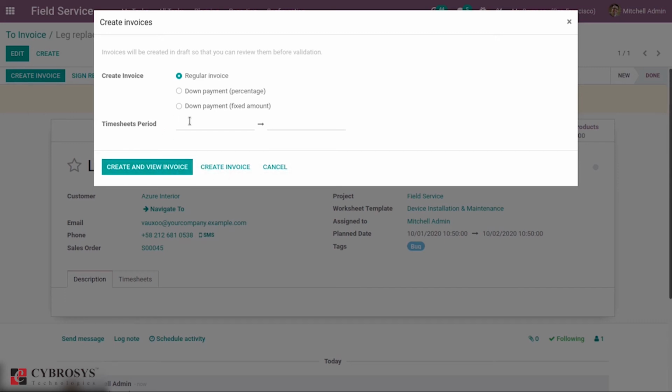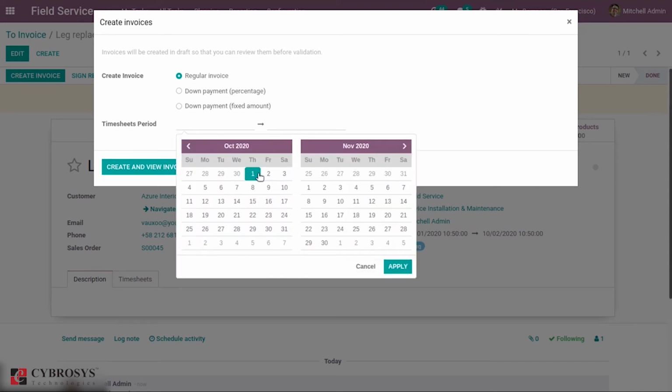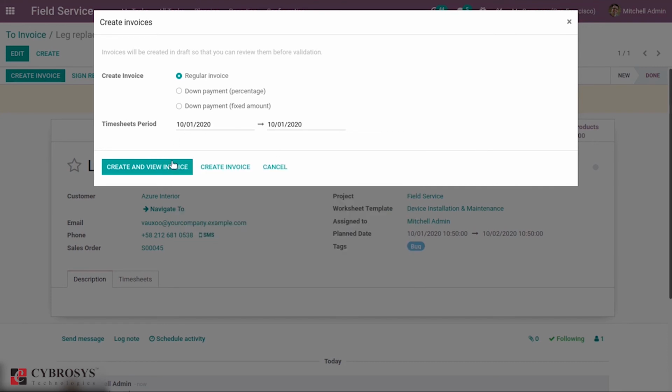Here you can find a new field, that is timesheet period, shown here. You can mark the timesheet period and create the invoice.